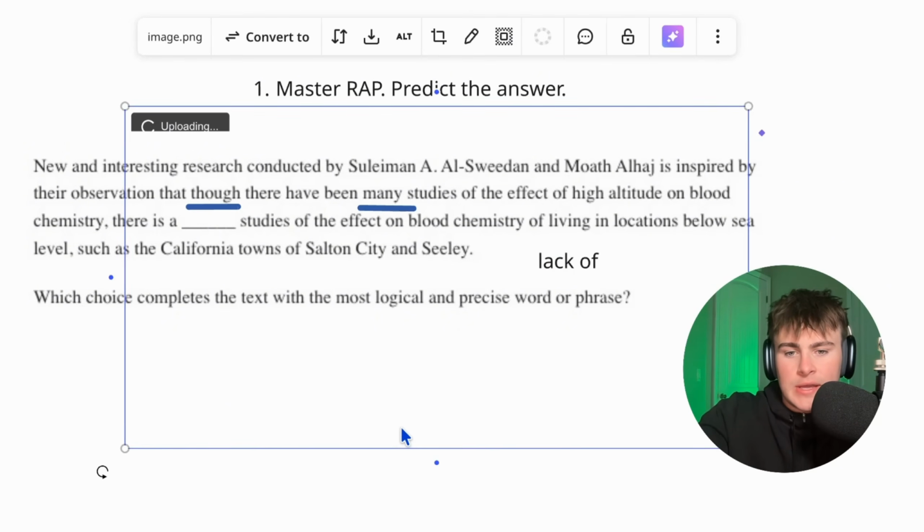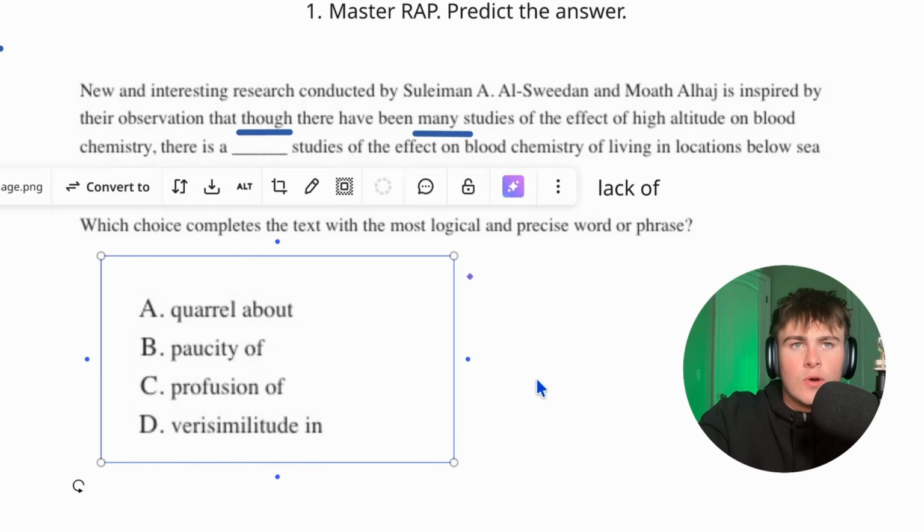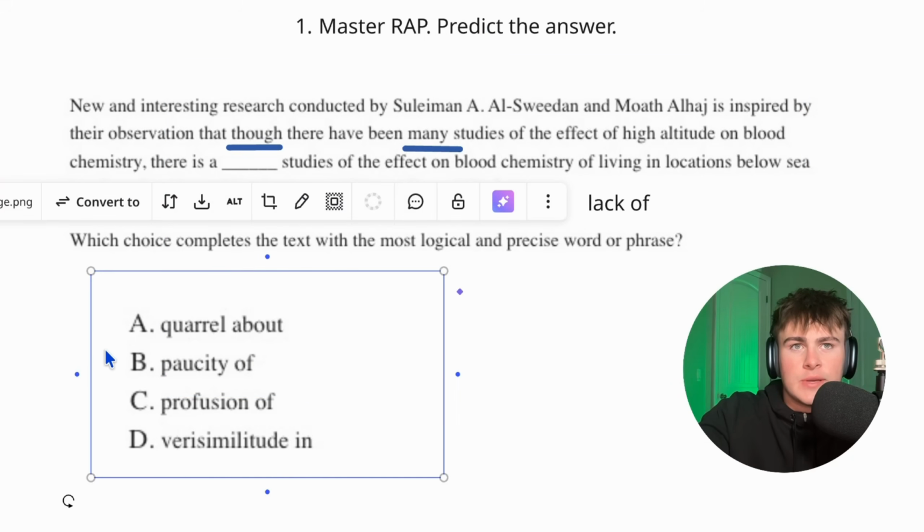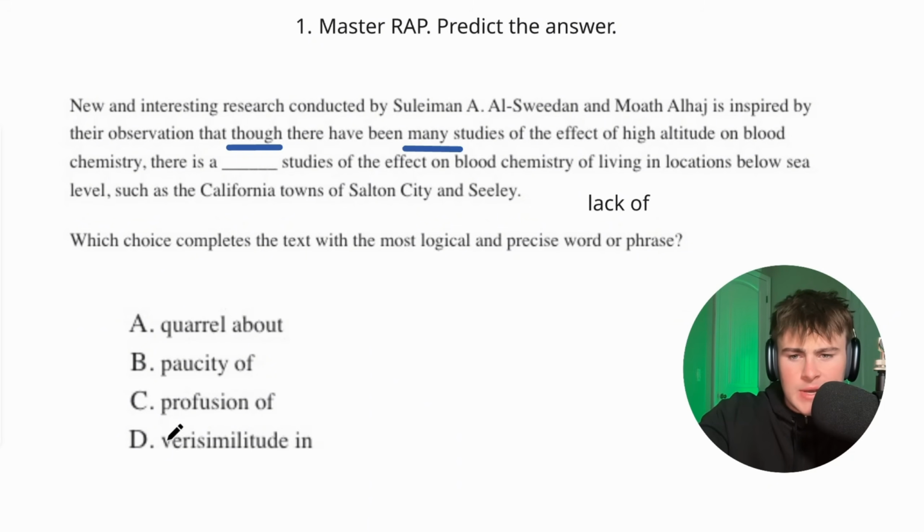The options are here. All right, so the options are quarrel, paucity, profusion, verisimilitude. So profusion kind of falls under that proficiency thing we did a little bit, but profusion is like positive or an increase or like something positive. That's what I think of. Profusion, specifically, when I think of fusion, I think of infusion. Like if you're infusing something, you're adding it. So if you have a profusion of something, you have a lot of something or an increase or a supplement of something. So this is the opposite of what you're looking for.